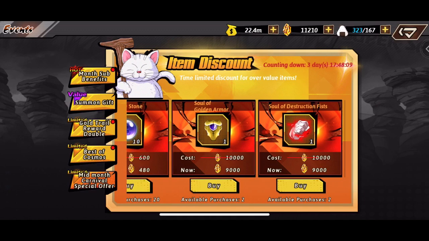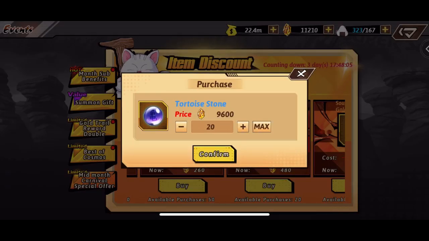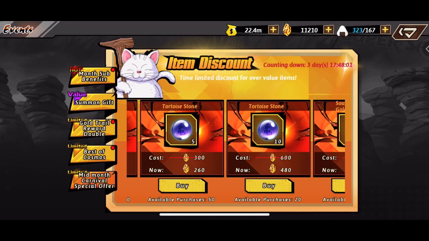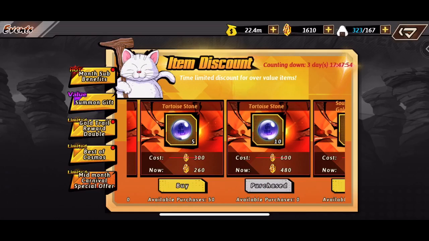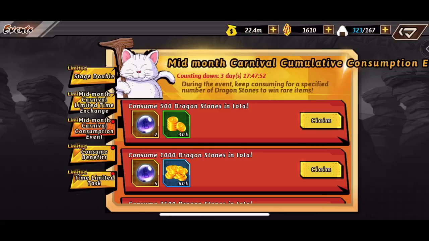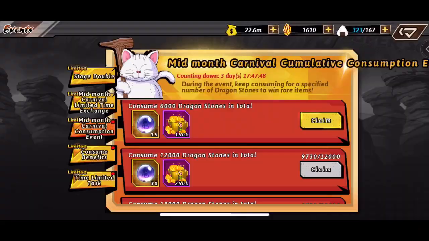You see we're going to the item discount. I'm going to spend pretty much 9,600 of my stones on these tortoise stones, and we'll be able to redeem that and get a decent chunk right here. I do think it is worth spending the 9,600 in this exchange event, just because we can potentially be adding an SSS character in Broly, and especially with his new D8